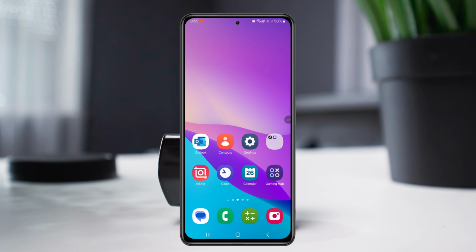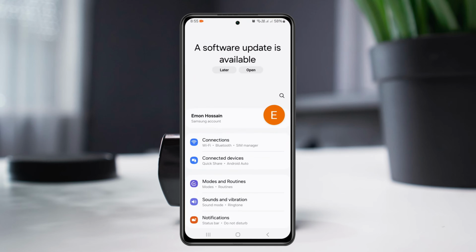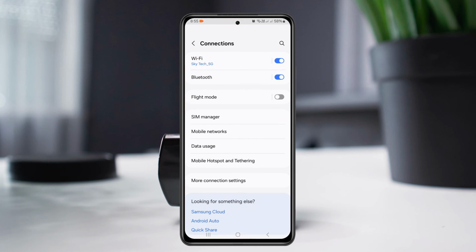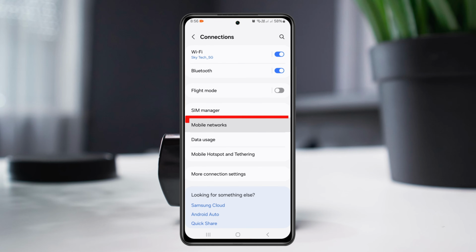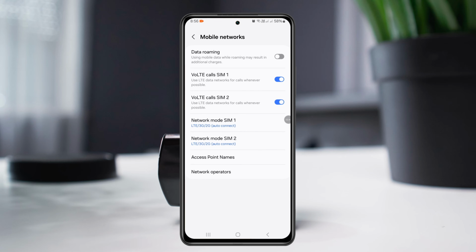Open up the settings on your Samsung phone and then go ahead and tap on Connections, the first option. And from here, tap on Mobile networks, and inside this one from the list, select the SIM card that you're having problem with and make sure you have selected the highest frequency, or if it's already enabled, you can select a different one. Let's say I'm going to select the 3G auto connect,